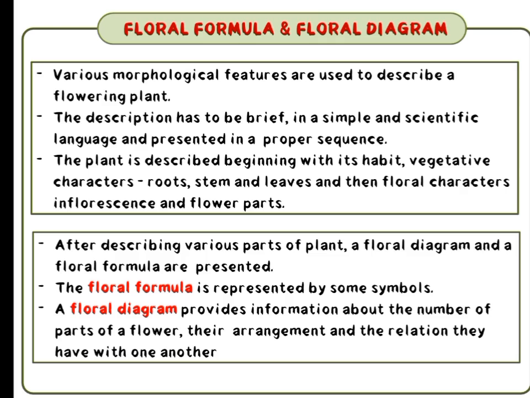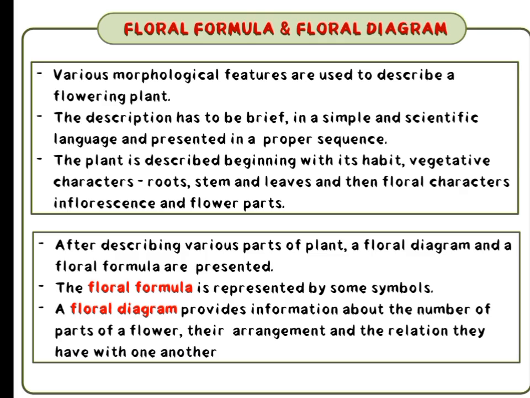Then the next one is vegetative characters. Vegetative characters include root, stem and leaves. In case of roots, the root can be either a taproot system or a fibrous root system. Then come to stem. The stem can be herbaceous, or woody. Then come to leaf. Leaves are of what? Simple leaf can be there, or compound leaf. If the leaf is compound, there are 2 types, that is pinnately compound and palmately compound.